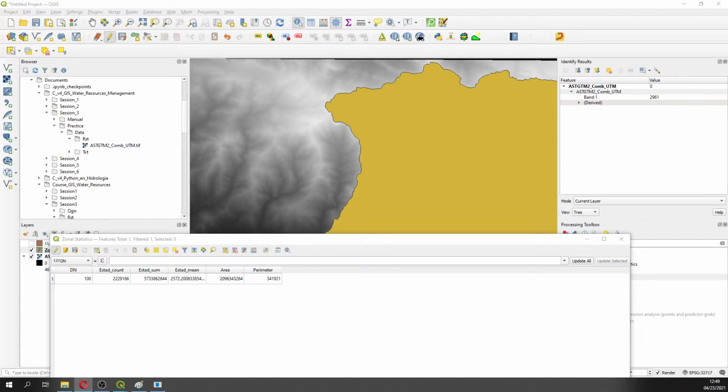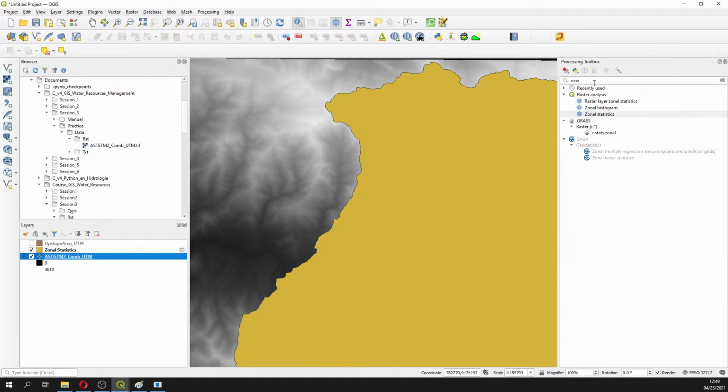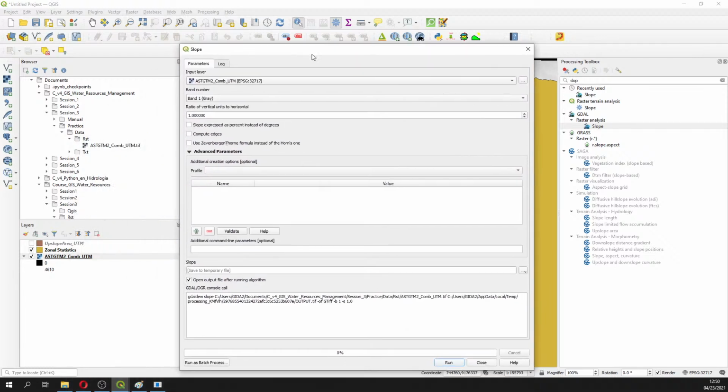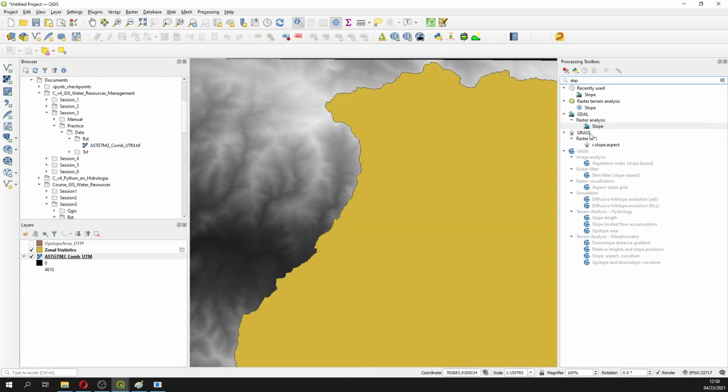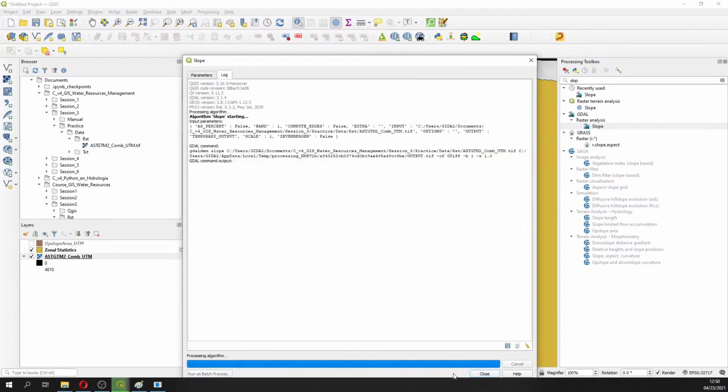And then if you want to see the mean slope of the basin, I will get out of this, and then I will see slope. I get the slope from GDAL. I get the raster of slope as a temporary file. Don't worry. I type slope, I get the raster slope from GDAL, and that's it. I get a raster of slope,